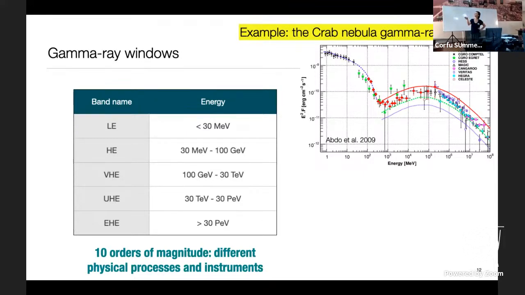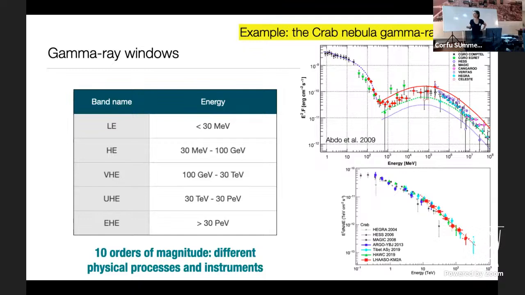And you see, you start at low energies, you have points from one experiment, then increasing, you change experiment. Because you cannot cover all these huge bands with the same experiment. You need to collect different pieces with different experiments. And you see that more or less these bands correspond to bands of different experimental techniques. So these definitions are experimentally driven.